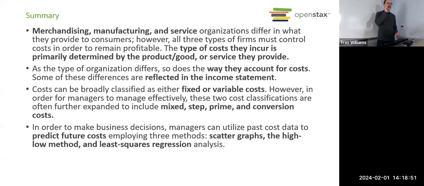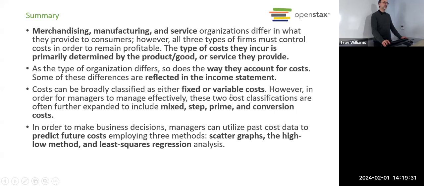Let's see, we learned that all organizations use managerial accounting, right? And that they all pretty much are going to have similar sorts of income statements, but there are some differences where cost of goods sold shows up for manufacturing and merchandising companies. And we learned that the manufacturing cost of goods sold is not that easy to calculate, right? Because it depends on information that depends on other information, that depends on your raw material costs.